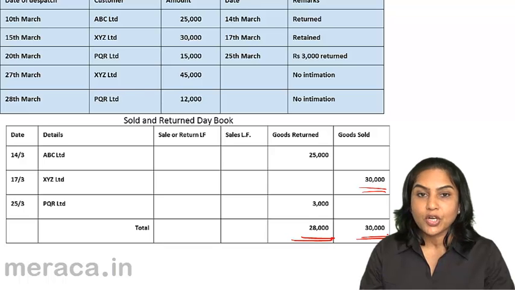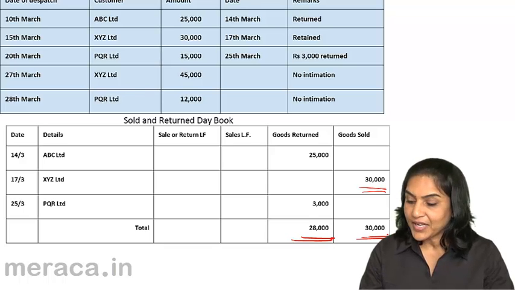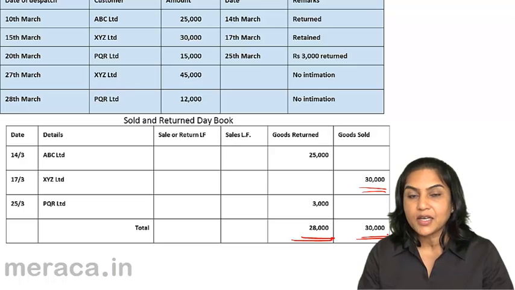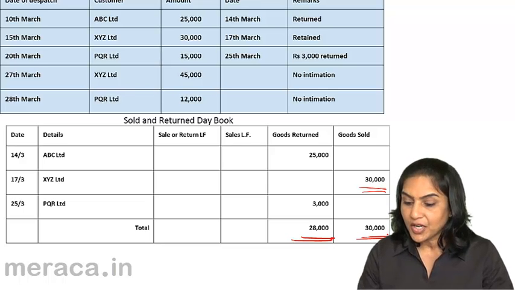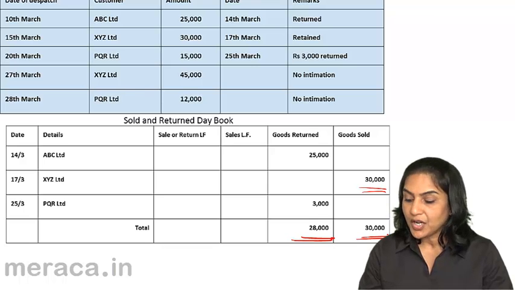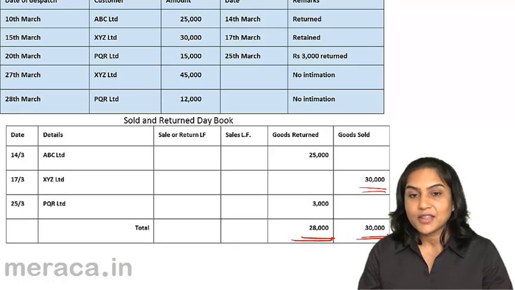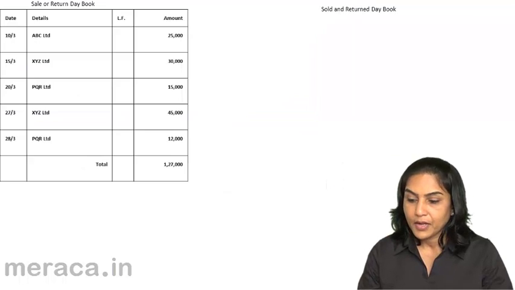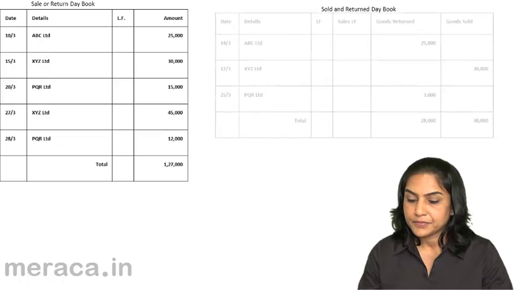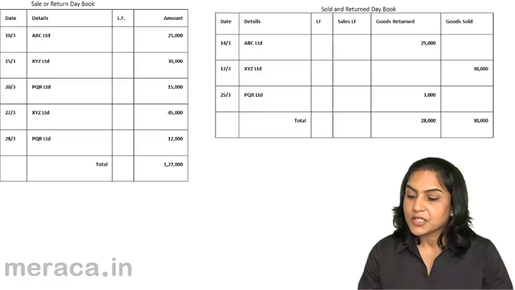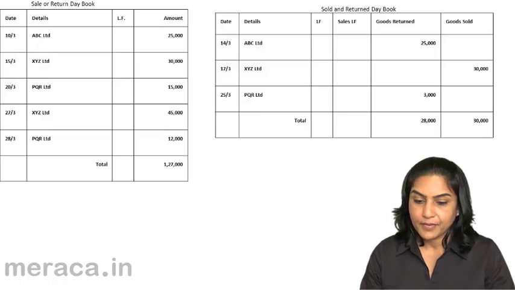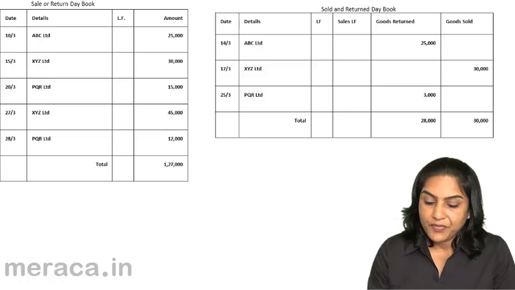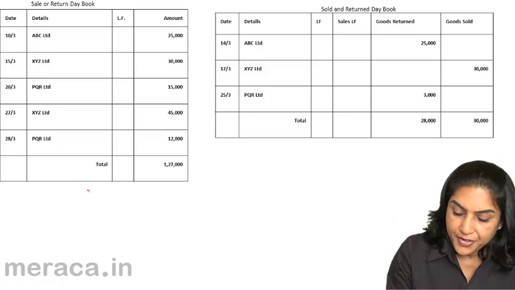So, we had a total goods sent on approval of 1,27,000 which was recorded in the sale or return journal, and in the sold and return journal, goods returned 28,000, goods sold, goods approved 30,000. How is posting done from these two journals? We will have a total sale or return account,